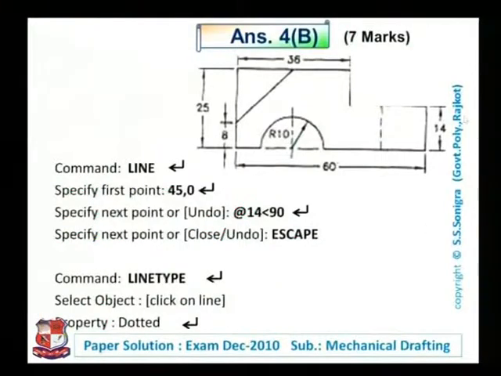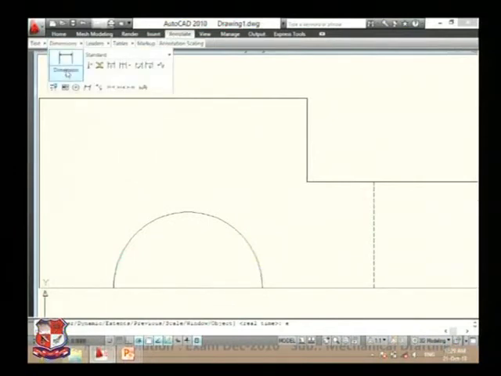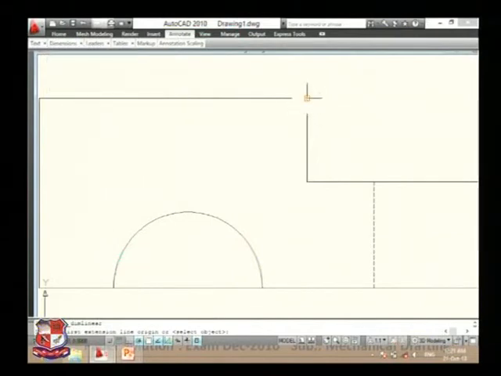Now after drawing this dotted line, we have to insert these dimensions. So to insert these dimensions, what should we do? For that, insert in annotate command. Here dimension option is there. Dimension, click over here. If you want to insert this dimension, click over here. It will give the dimension like this. Now here the dimensions are not visible. So what should we do?